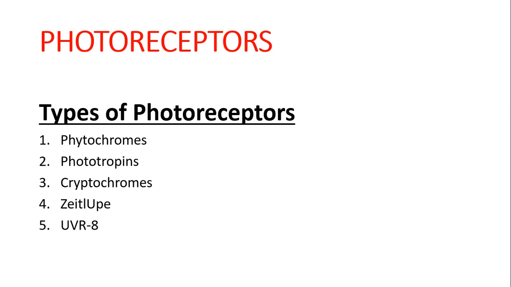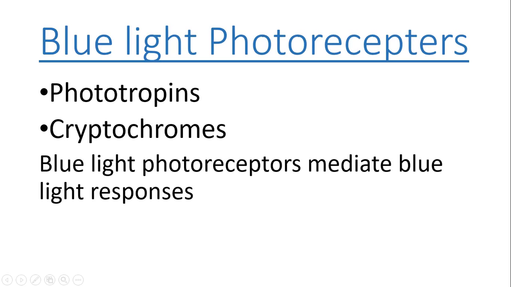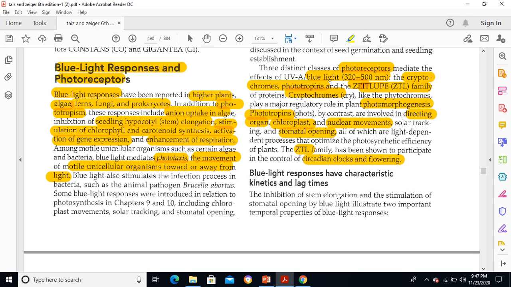They mediate various photomorphogenic responses. Now we are going to discuss blue light photoreceptors. Mainly, blue light photoreceptors are phototropins and cryptochromes. They absorb blue light and mediate blue light responses. Now what are these blue light responses? They include inhibition of stem elongation, stimulation of chlorophyll and carotenoid synthesis, activation of gene expression,